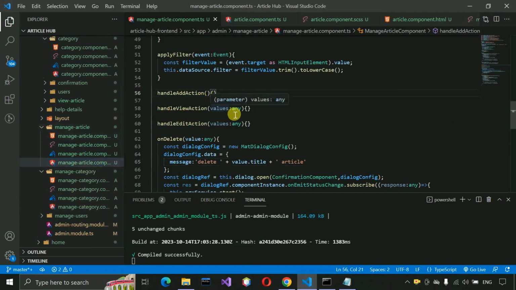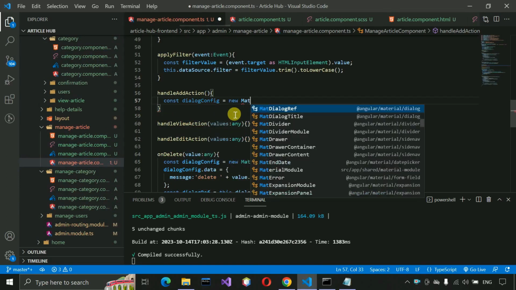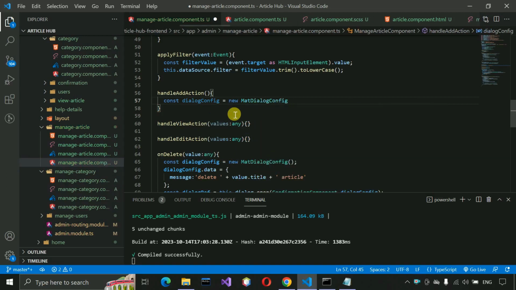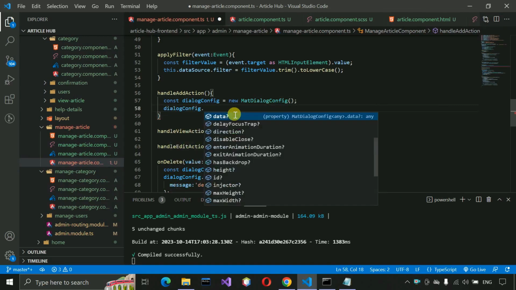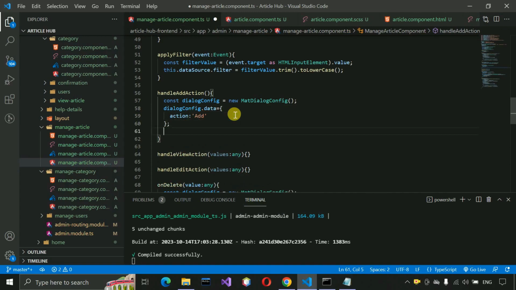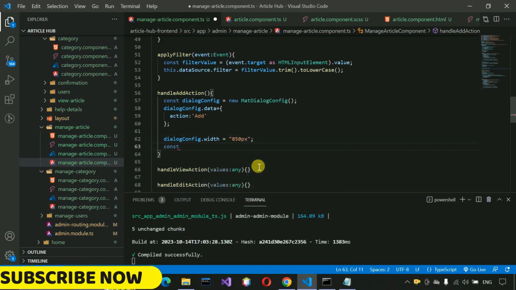So here I'm going to write const dialogConfig = new MatDialogConfig, then dialogConfig.data and action add, dialogConfig with width 850 px, and const dialog